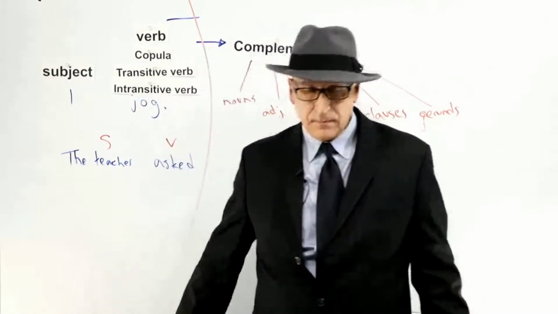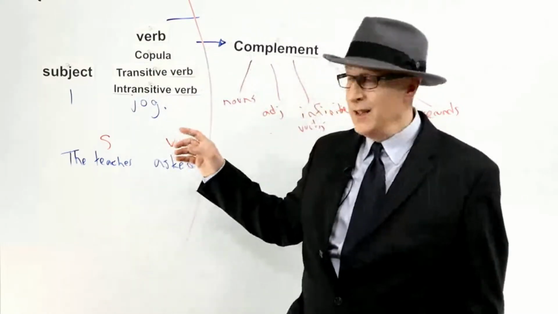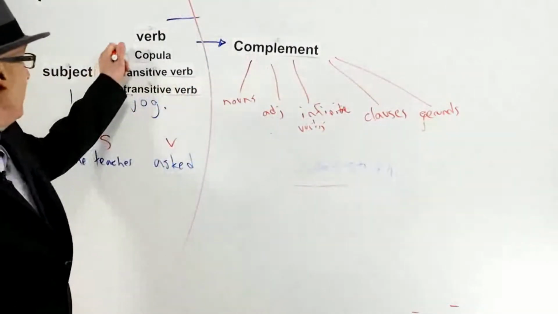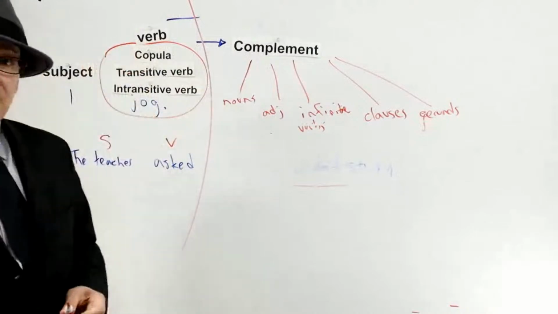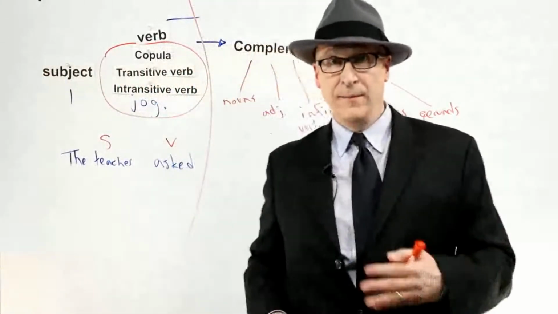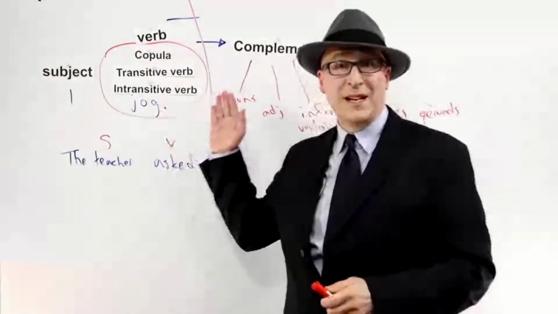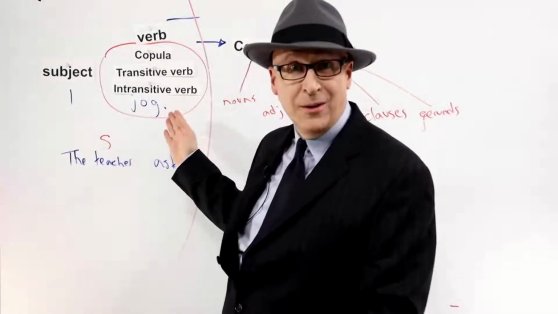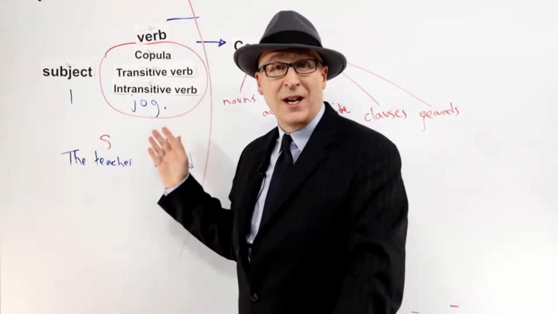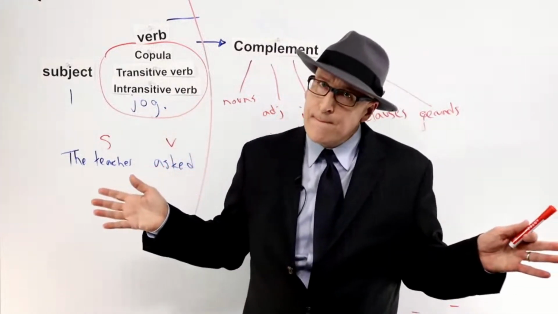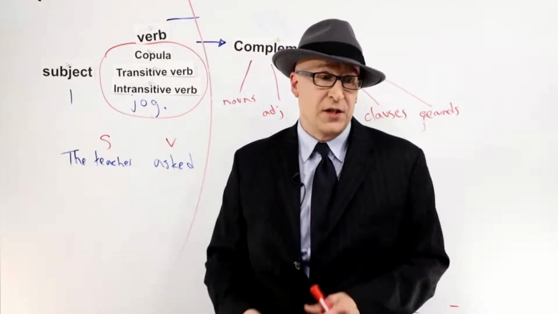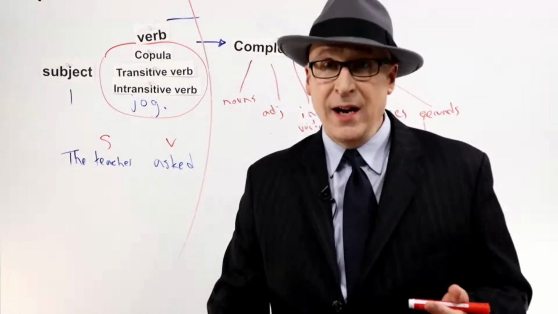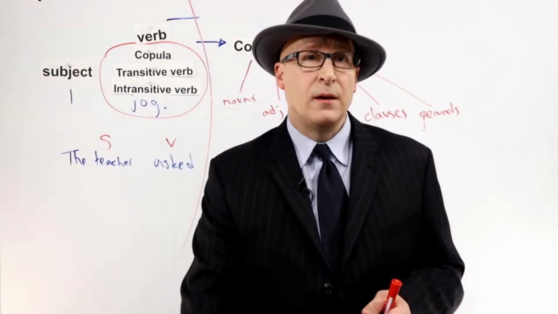So guys, to summarize that, because I believe this is the most important thing to know in sentence structure: what kind of verb it is, and it's important because it determines everything that comes after it. How do you learn what kind of verb it is? You can use the dictionary. The dictionary will tell you right after it what kind of verb it is. I'll give you an example here.